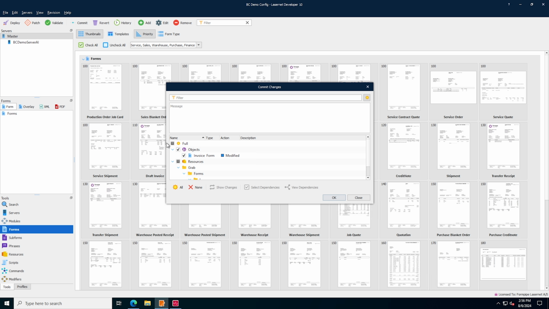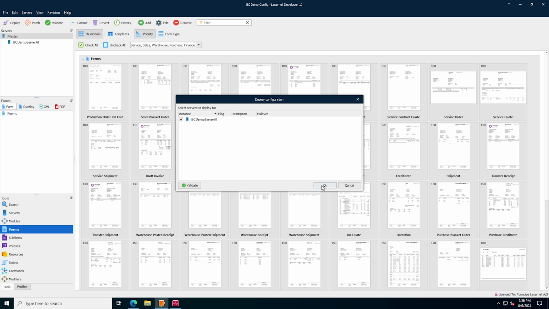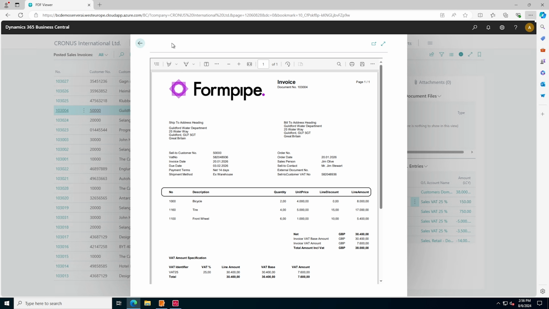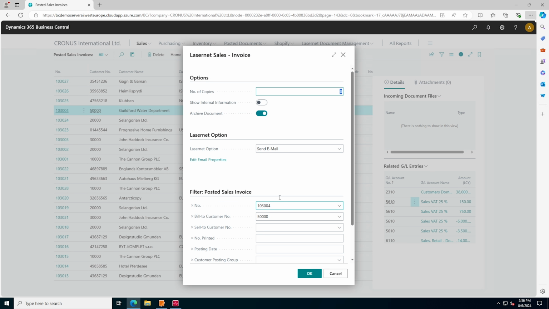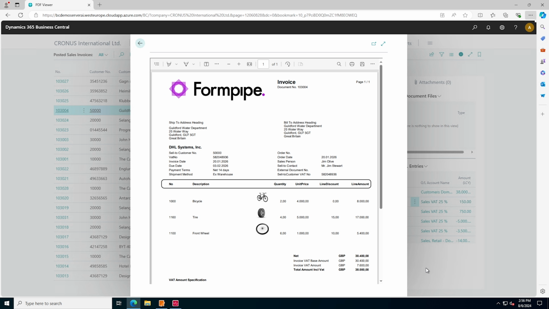Now I just have to commit my changes. Added images. So if we ever go back and look at the versions we have updated, we now know what I did here, and deploy my changes. Now go back to BC and let's do it one more time. Print, preview. There we go. So as you can see now on the screen, I have gotten my new field here,